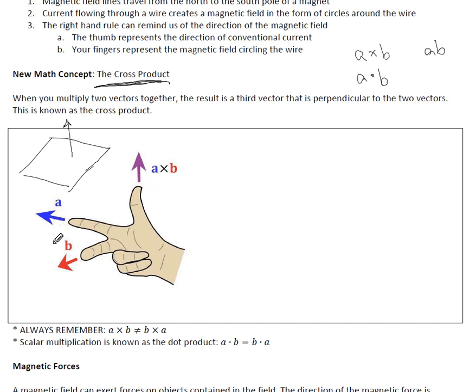So if we have A cross B is up like this. One thing to note is A cross B does not equal B cross A, because if you think about it,